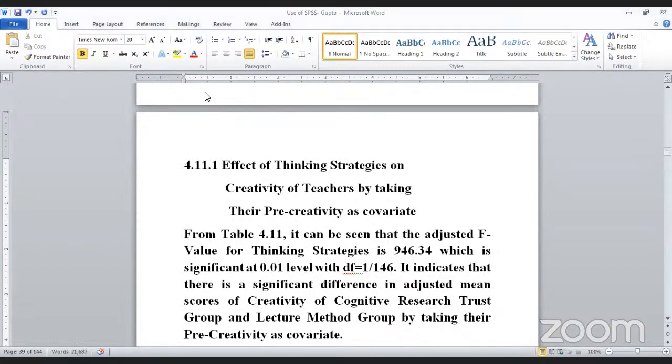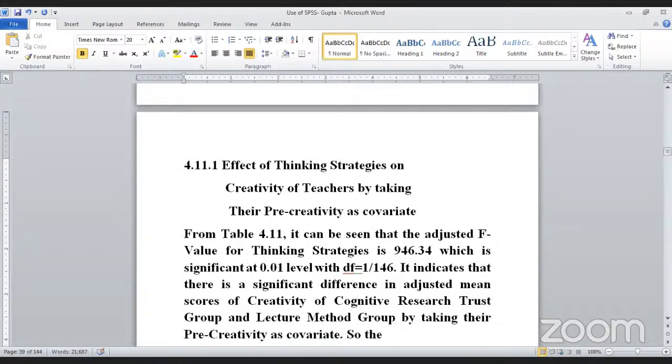This is the meaning that when this value is not significant, then this is the value. And now, if I have taken the hypothesis where I did not use the word adjusted mean, then I must write,